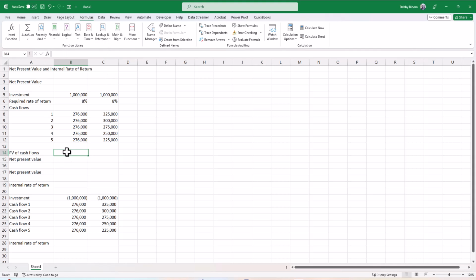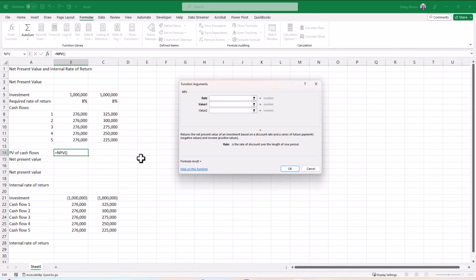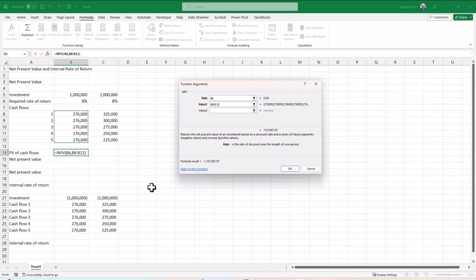So I'm going to click on cell B14, click Formulas, and then Financial, and then NPV. But unfortunately, it's misnamed. It does not take the net present value. It takes the present value of cash flows. So in the rate, I'm going to click on the required rate of return, B6, and then in value 1, I'm just going to select the range B8 down to B12, all of our different cash flows, and notice it comes out as a number